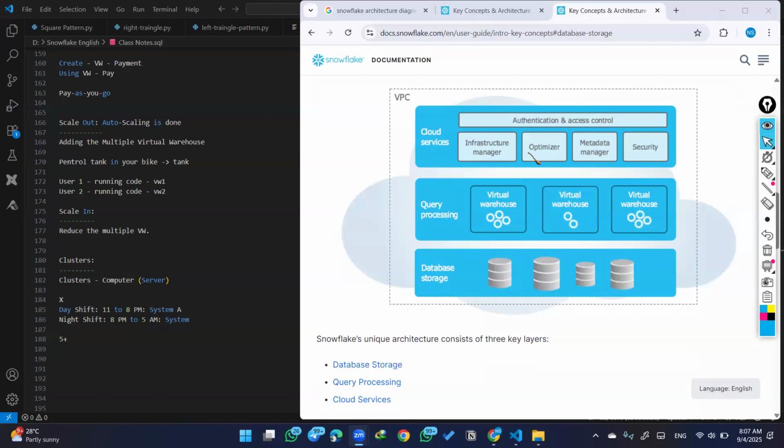So we have a separate query profile editor. That editor will start optimizing whatever query we have written. So that is actually the Snowflake optimizer. And then the metadata manager. Metadata means data about data, which means whatever information